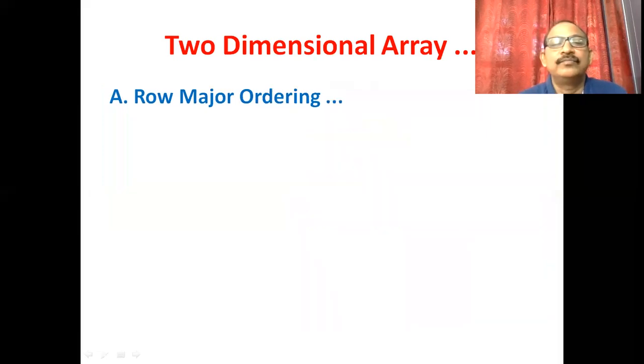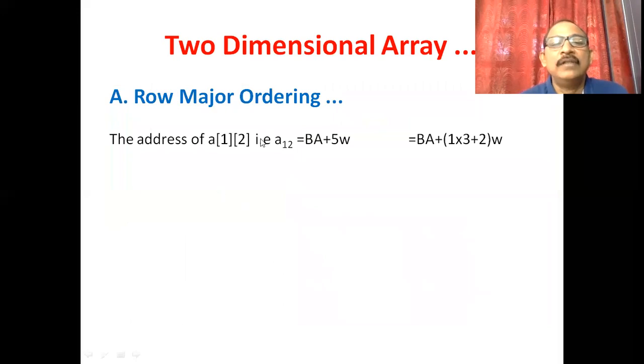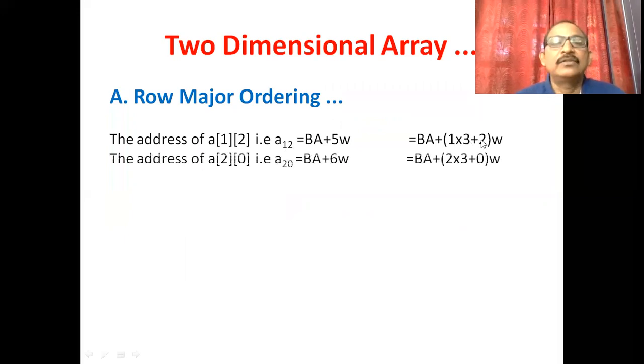Now the address of A12 is BA plus 5W, and you may write this as 1 into 3 plus 2. So 3 plus 2 is 5. Next A20 means here you have to write 2 into 3 plus 0, that is 6W. Okay. In the same way,